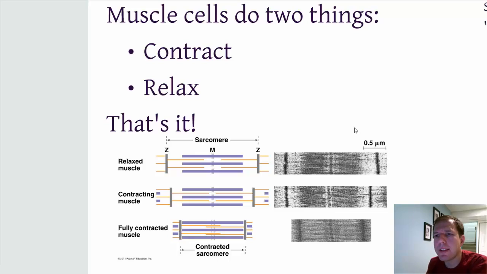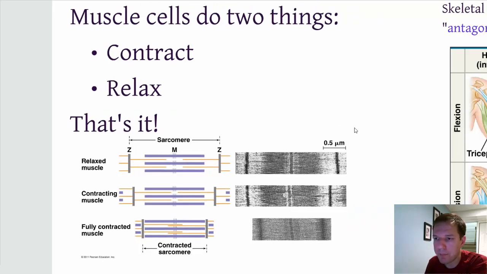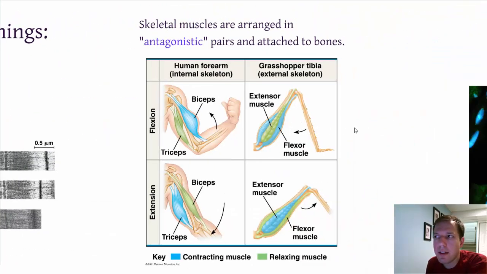Now, the job of the muscles is to contract, but not only that. Muscles also need to relax, and they need to be able to do both of those things at a very specific time. And antagonistic pairs provide a good illustration for why it is that both contracting and relaxing is necessary in order for movement to actually occur. If we look at the antagonistic pair, biceps and triceps, in your upper arm, if the job of those muscles is to move your lower arm,